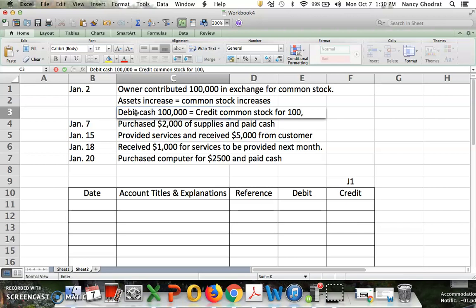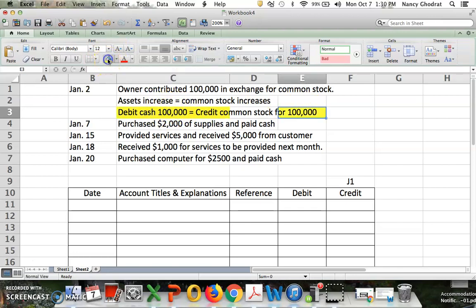Now, guys, remember, every transaction must have at least 1 debit and 1 credit. And the dollar amount of debit must equal the dollar amount of credit, otherwise your equation is not in balance. Now, we have 2 account names, cash and common stock. Which one do we write in the journal first? So the convention is that the account that is debited is always